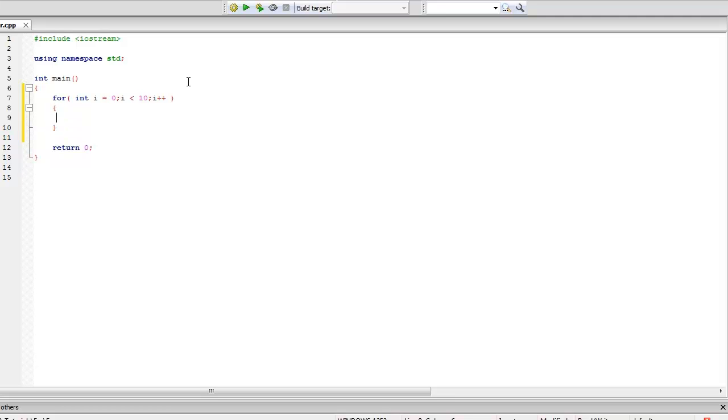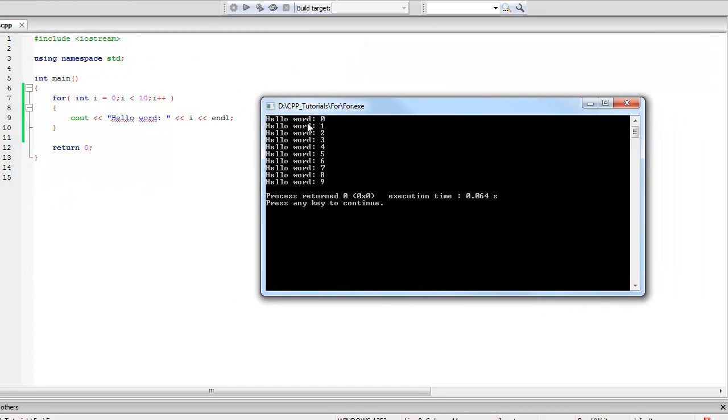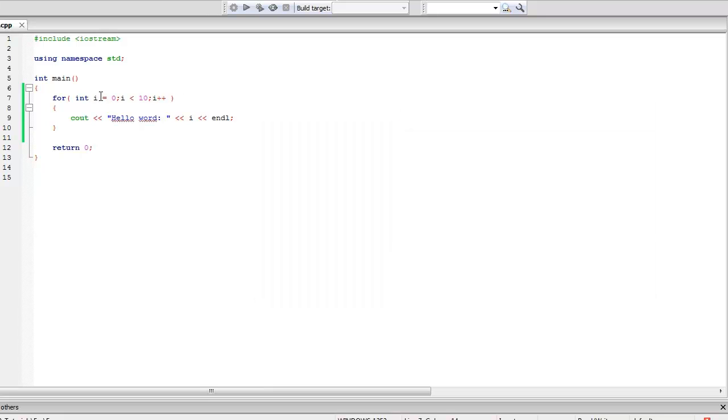So, for example, if we cout "hello world", and we leave a space and we type i, we are gonna see what we get in a second. Hold on, let me run this. Okay, there we go. As you can see, it says hello world, 0 to 9, right? Because we said we are gonna initialize i at 0, but we are only gonna run this code